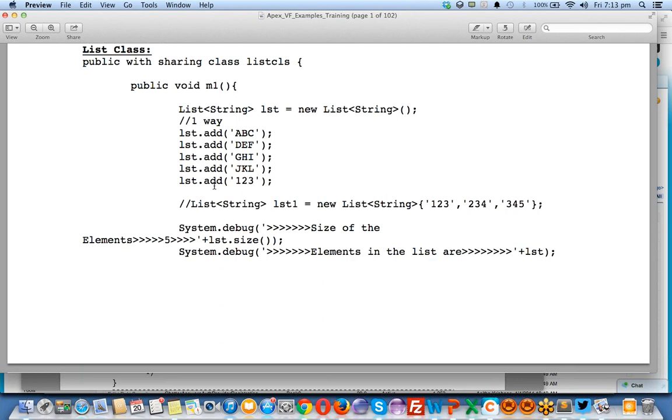This is one way of creating a new list, and there is another way. The first is a simple initialization, and later I'm adding the values. I'm defining the list, then adding the values. Here I'm defining plus adding the values directly. After the initialization, I kept curly brackets and passed 3 values directly into the list. These are two ways of list initialization.